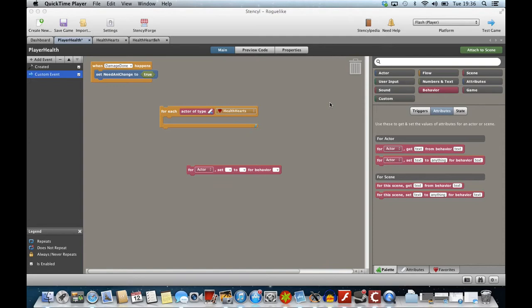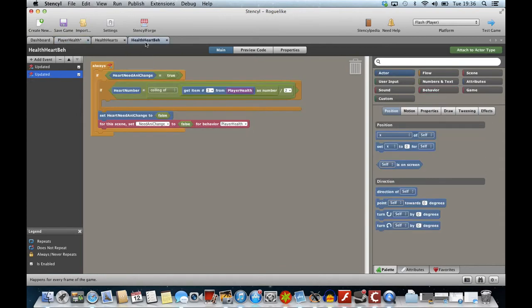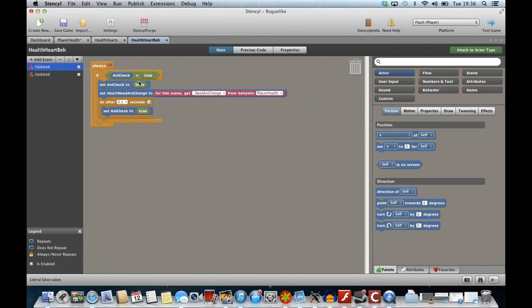So when the damage done event happens, what we want to do is, for each actor of type health hearts, tell them to say that they need to check if their animation needs to change. So I found this kind of wrapper and it looks like something we might need to use. Then we put that in there, take actor of type, put it there, and set what it was going to be, any check. So we need to tell any check is true,